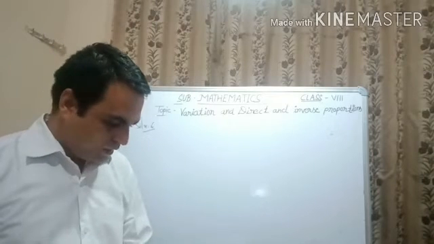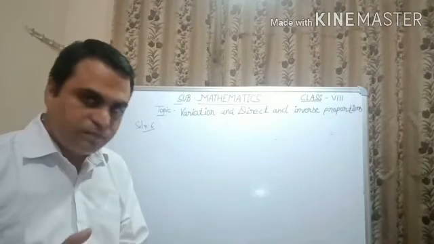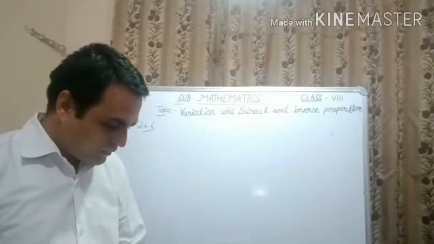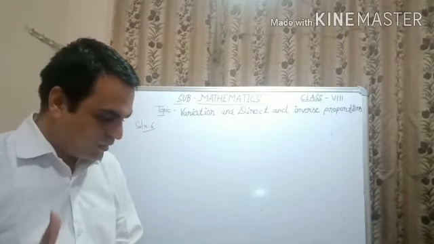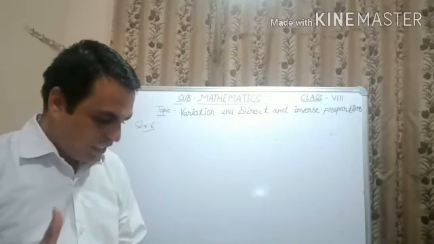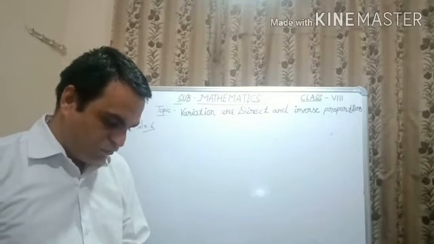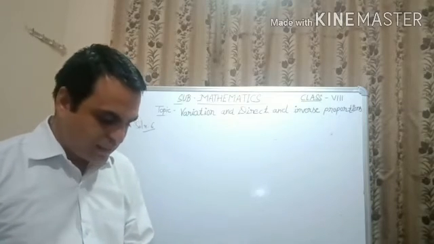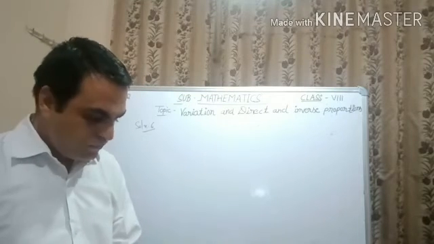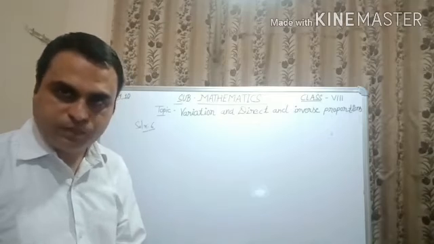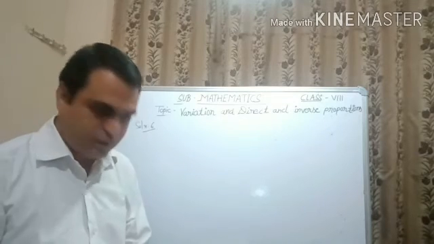28 pumps can empty. Empty means remove the water, means खाली करना है. A reservoir, we have a water storage tank, okay, 28 pumps empty it in 18 hours. Now we have to find in how many hours can 42 such pumps do the same work. If we take 42 such pumps, in how many hours do we empty the reservoir?